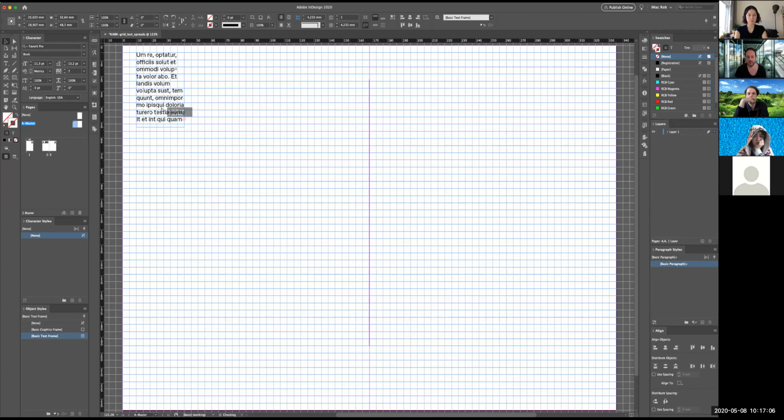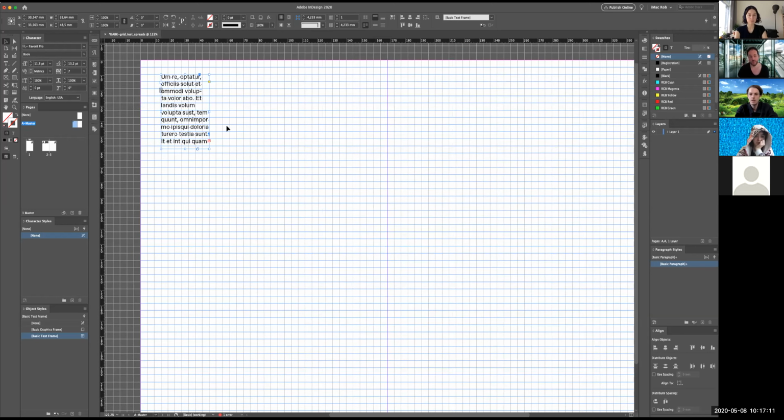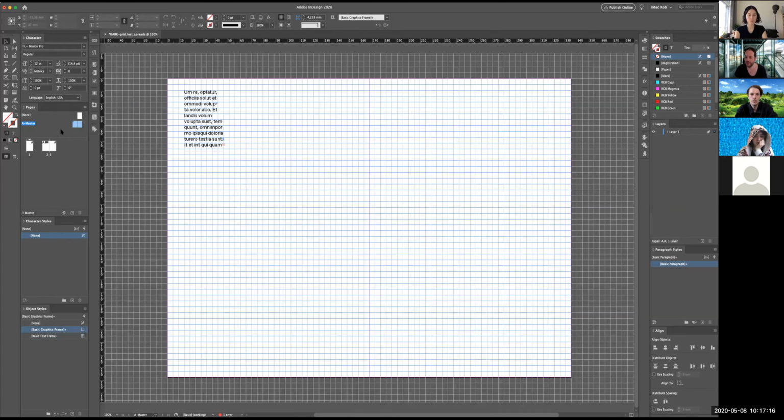Like, do I start the text here or here or here? I don't know yet. So I need to define margins. So I'm still in my master, by the way, because if I define margins, so the things we did so far,